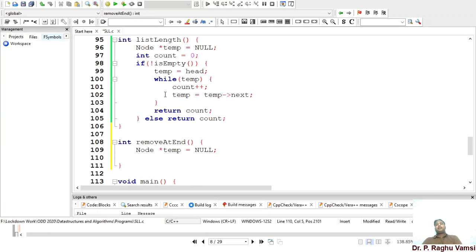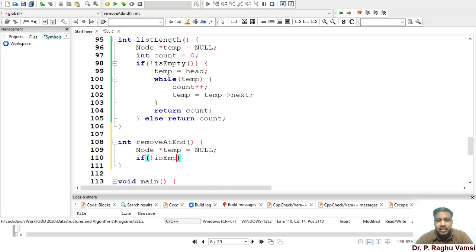We have to traverse till the last but one node, so that the last but one node's next should be equal to null, so that the last node can be removed. That is the reason I will take the help of list length, and before that we have to check whether the list is empty or not.